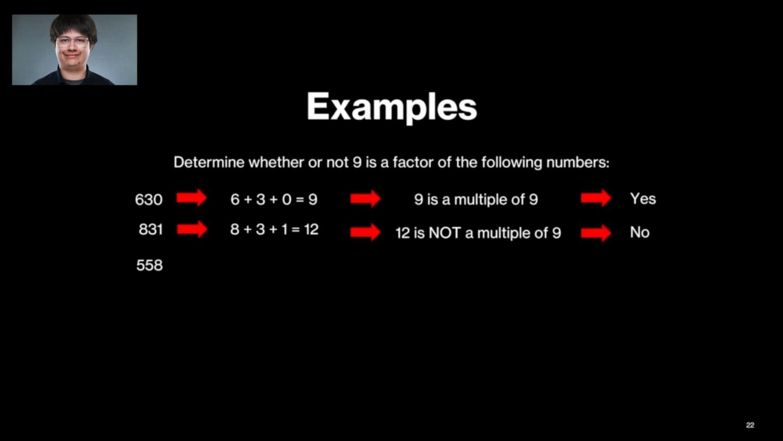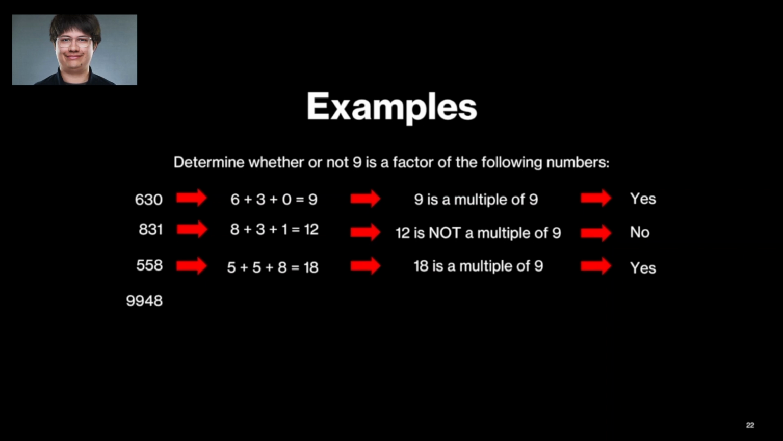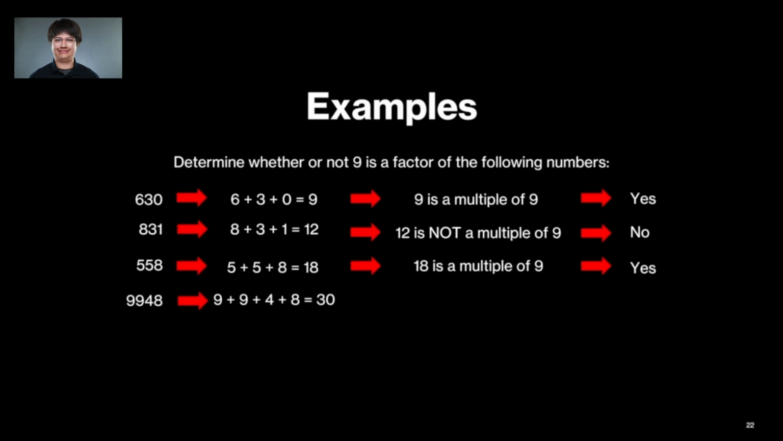Now, 558. Add up the digits, that gives me 18. And, well, 18 is a multiple of 9. So, 9 is a factor of 558. These have been too easy, so let's do some bigger numbers now. Starting with 9,948. Add the digits, which gives us 30. Is 30 a multiple of 9? Well, from our times table, 30 isn't on there. So, 30 is not a multiple of 9. Which means 9 isn't a factor of